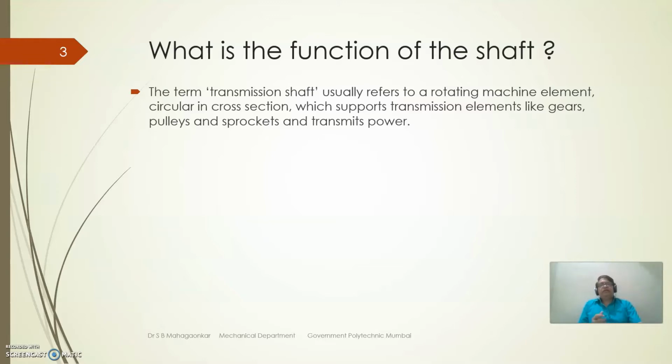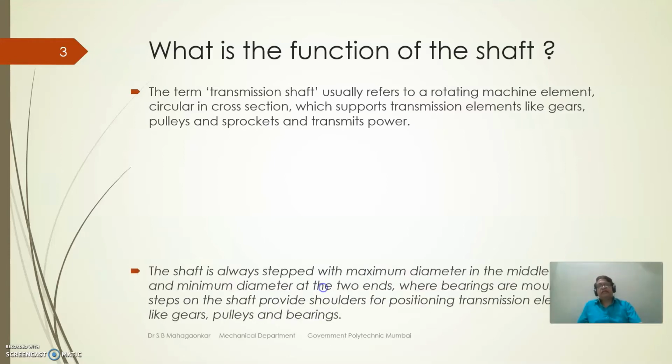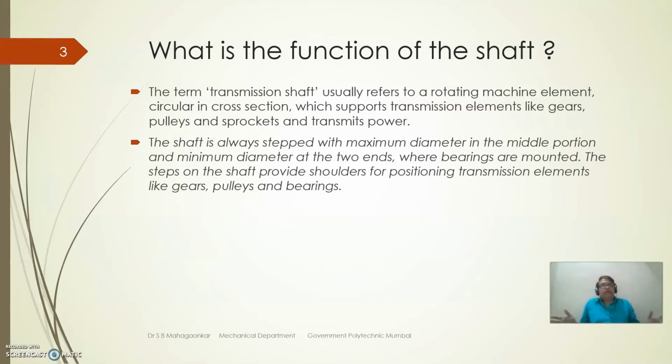So actually, if you take the shaft, practically whatever shafts are available, the designed shafts are usually stepped shafts. The middle portion will have a larger diameter, and as it goes to the end where the bearing comes, the diameter will be less. Because of the fixing of the pulleys or bearings and the weight of the pulleys, there is a bending moment, so the diameters will be different in different sections. Depending upon the sections, we have to choose the diameters.